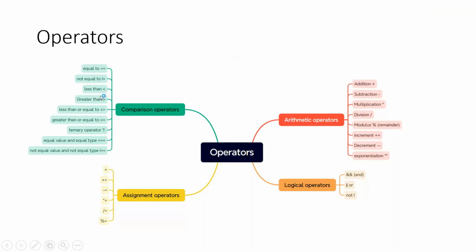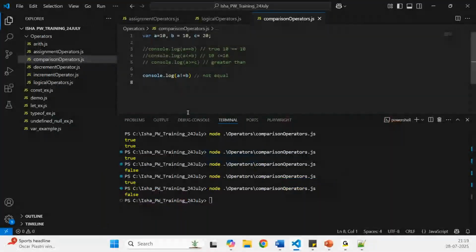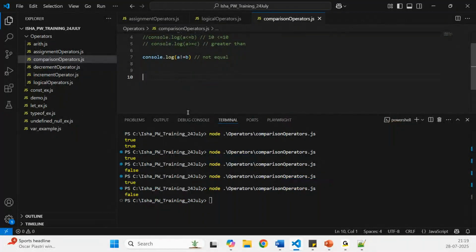Now we have the other key ones. Let me go over them. So the ternary operator. This is something little different than what we have seen till now. You would use question mark and colon. So what does this do? Suppose that you have a condition,